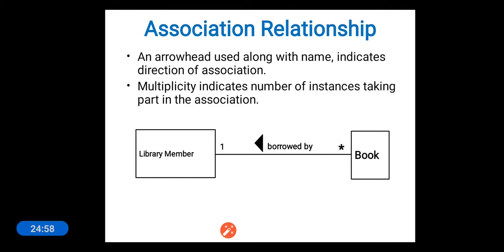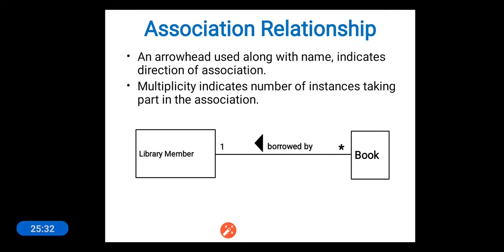So we can represent the association just by a line, and on that line just mention what kind of association it is. That is just the name of the association, and towards which class it is associating, at that side put the arrowhead. And at the same time we can also use multiplicity, which indicates the number of instances taking part in the association. Number of instances in the sense how many objects of that particular class are taking